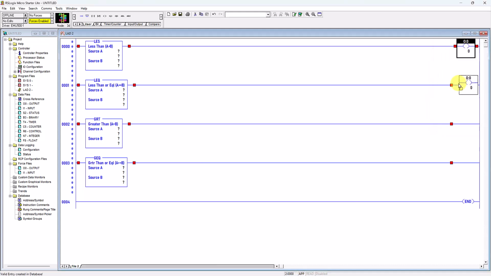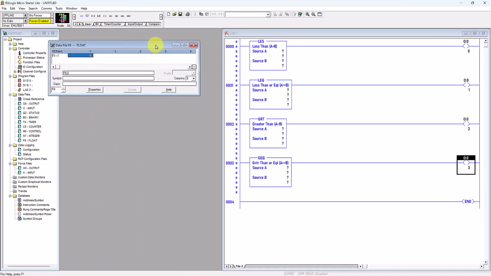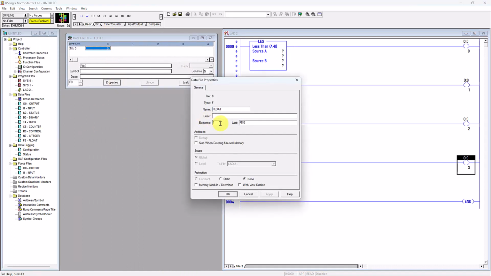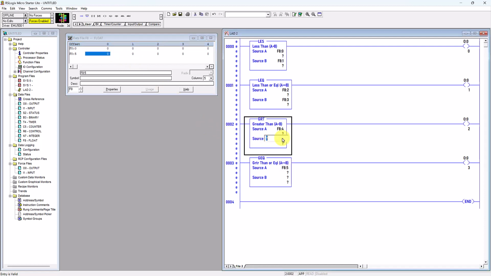Then I copy down, copy down, copy down. This I will change to bit 1, this I will change to bit 2, and then this I will change to bit 3. As for this one, I will use floating point instead of integer. I increase the element number. This one I will use this address, and this one this address, and this one this address, and the rest of the two I will use a constant number,